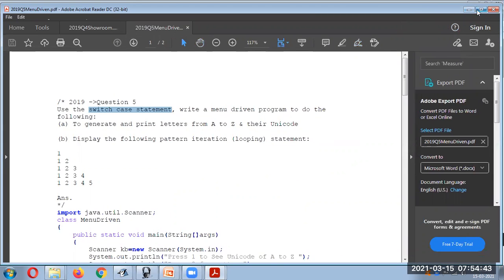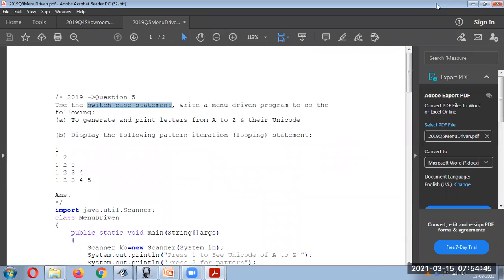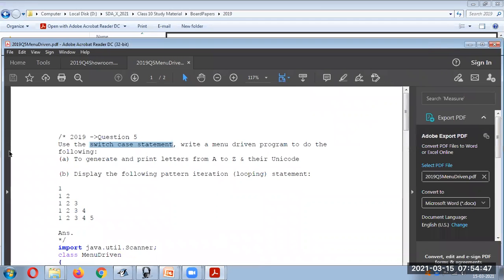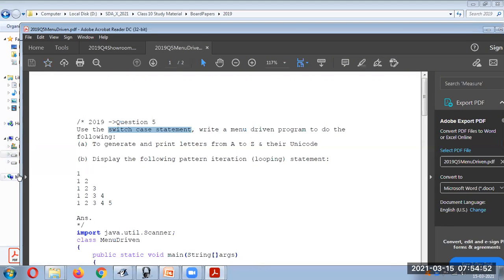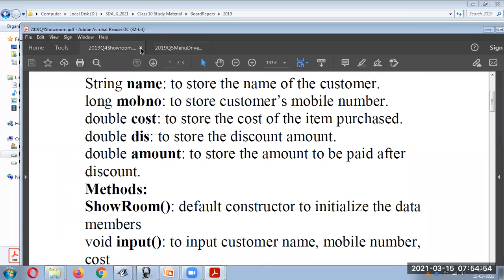So let us make it. This one I will close now.